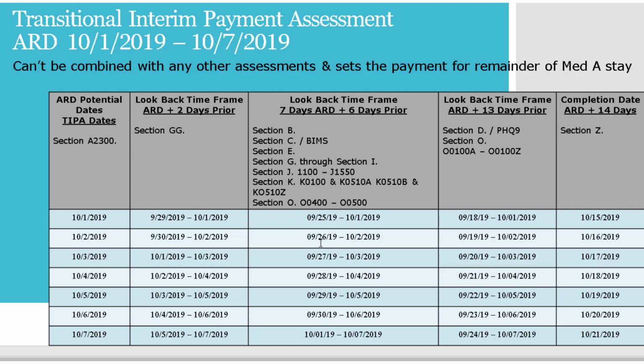The look-back time frame for Section D, Section O, and Section O 0100A through O 0100Z is 13 days prior to the ARD. So that is your ARD plus 13 days prior. The completion date for the Transitional Interim Payment Assessment is the ARD plus 14 days, and that is Section Z